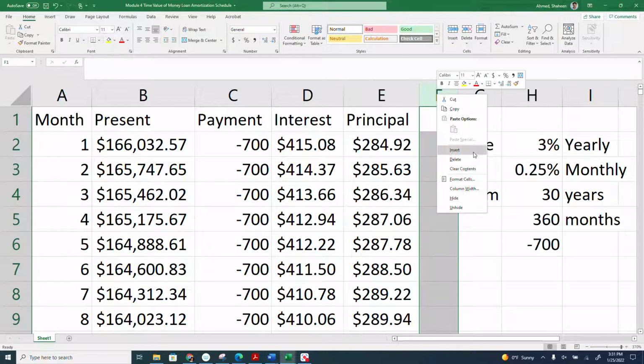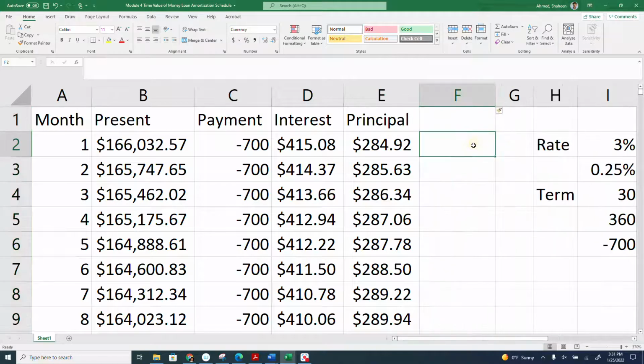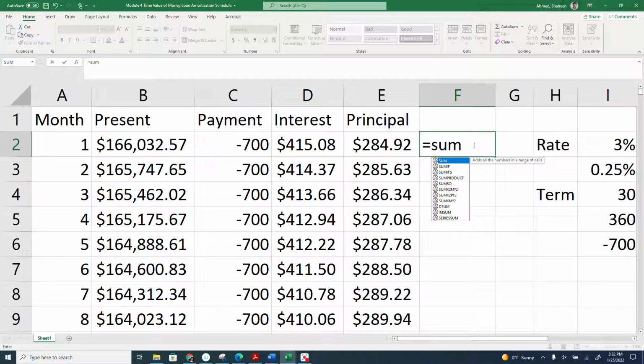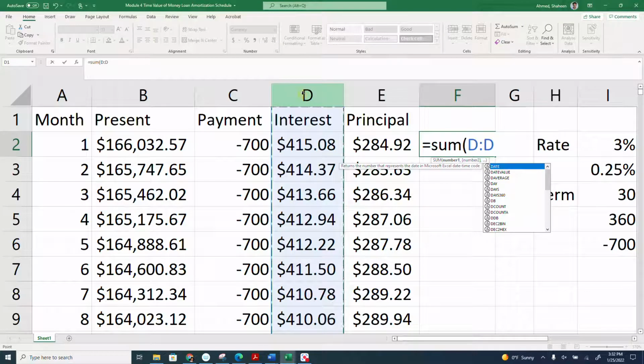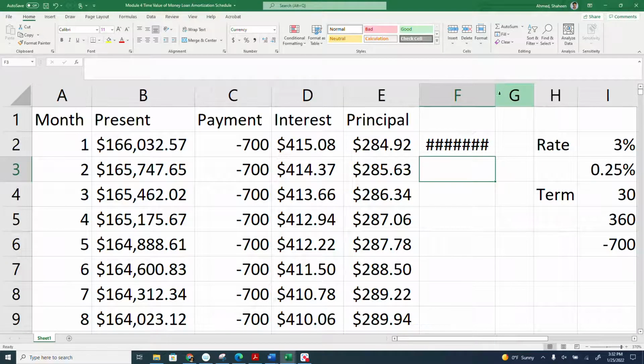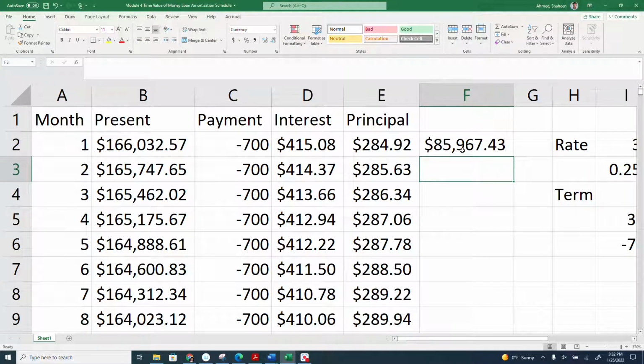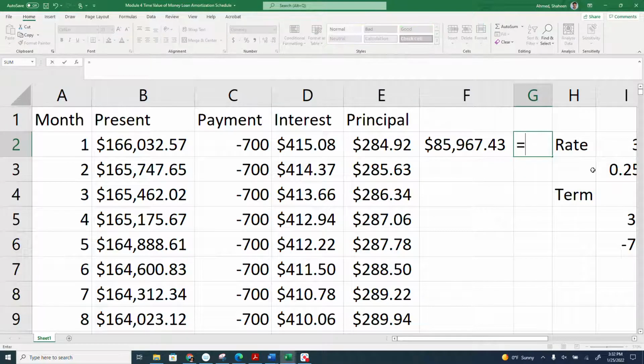So a question could come something like, calculate the total interest. What you can do is simply sum the interest column, and that will give you the total interest paid off. So for the 360 months, this is what you pay, about $86,000 total interest. Principal, of course, is going to be only the loan amount. So if all calculation is done correctly, and we have already checked that,